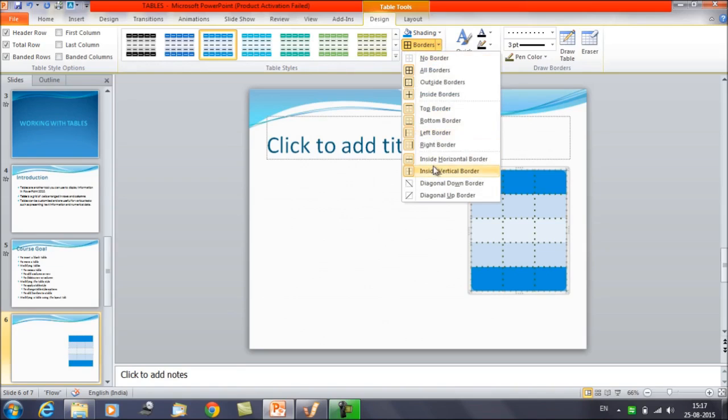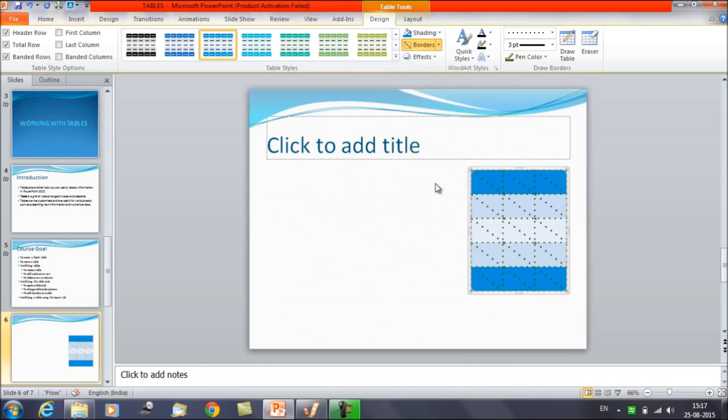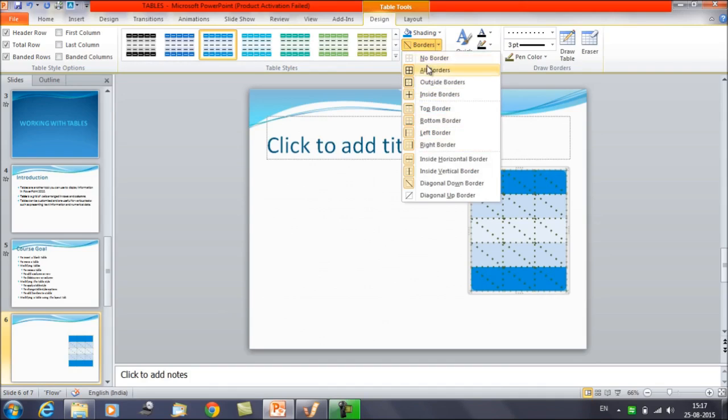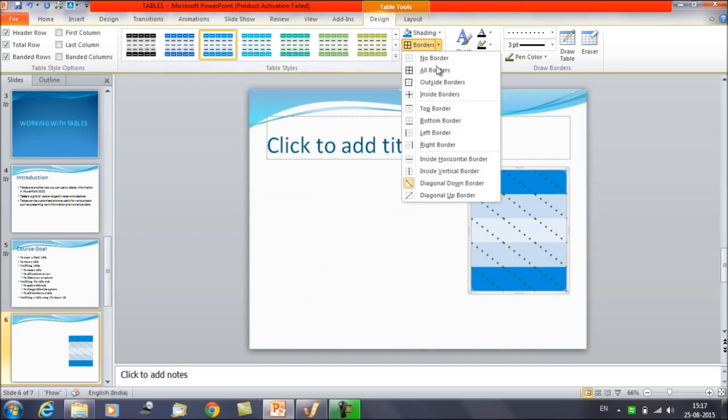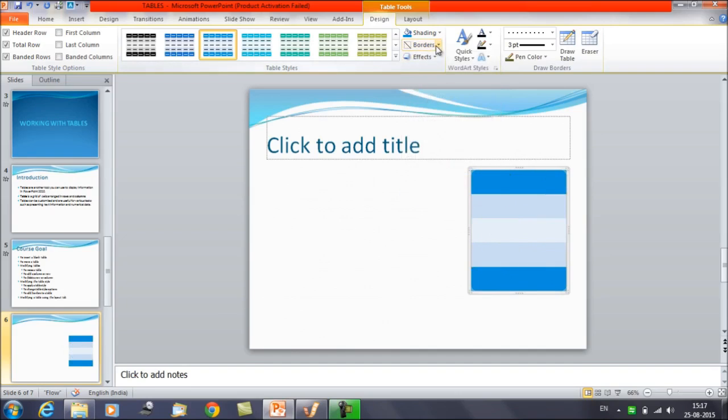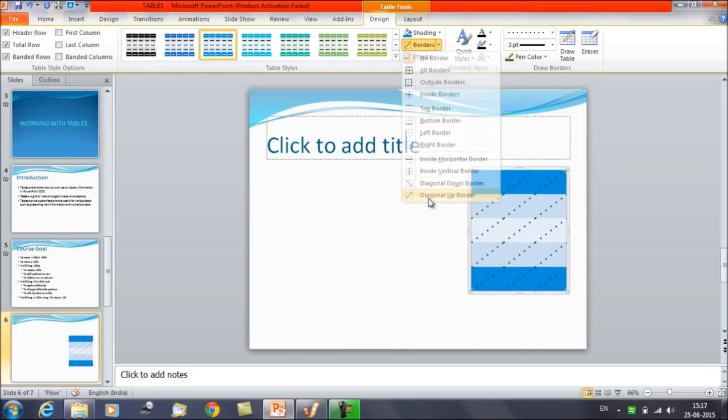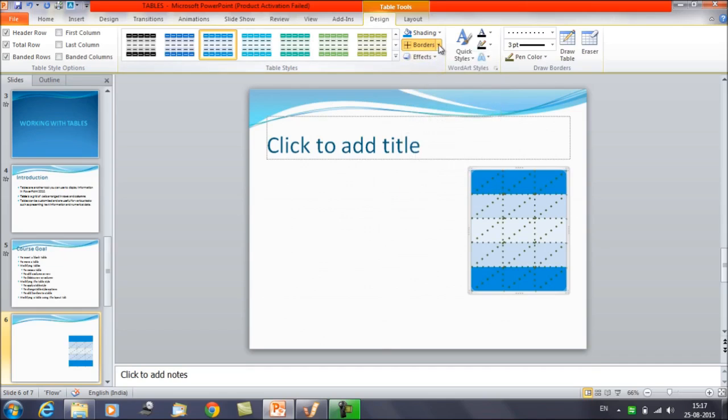Now it depends on you what option you are looking for. Let's say diagonal down border, then in this way. Let's remove all border here, or the diagonal up border. Remove this also. Diagonal up border. So depending on the requirement, the outside border, inside border, or all border, whatever option you want to look for,